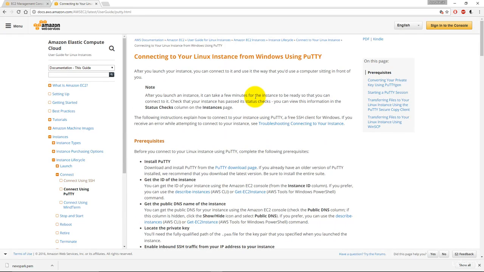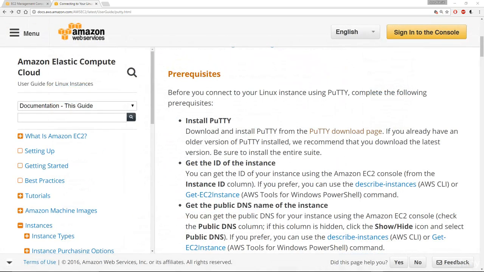Windows computers have a little more involved of a process in order to connect. Mac and Linux, it's very easy, but let's go ahead and walk through all these steps. I would recommend that you keep this documentation page open while you follow along with me. That way you have a reference for everything we're going to do. And you can either search for this link on Google, or you can actually just click on the resource link in this lecture. All right, so let's go ahead and walk through the user guide,